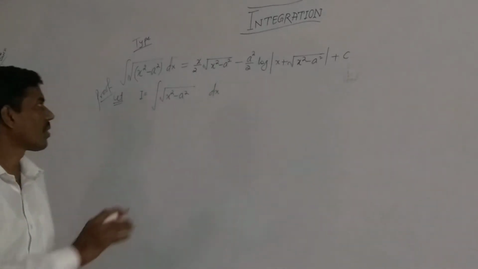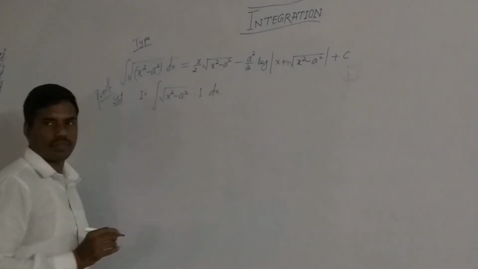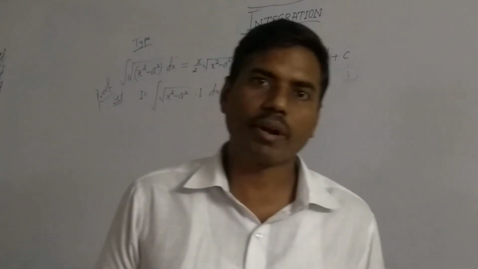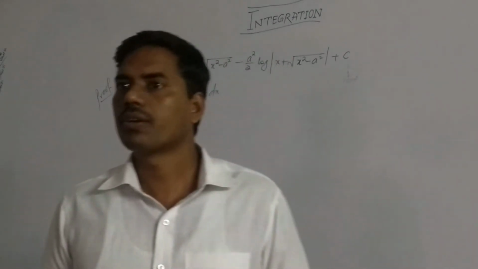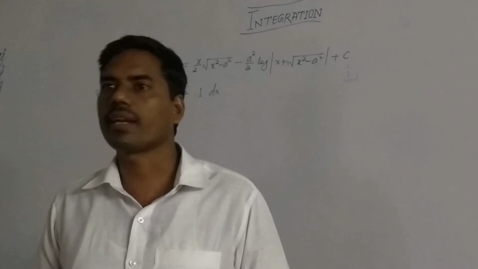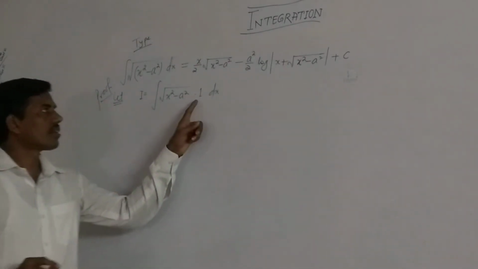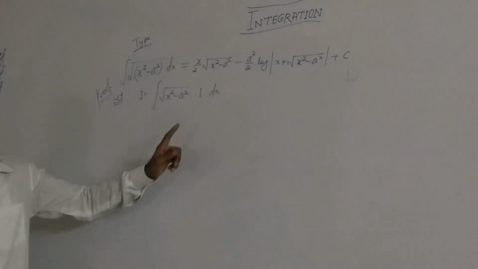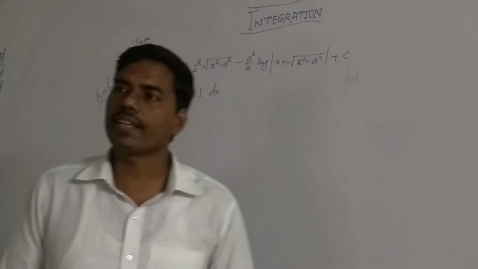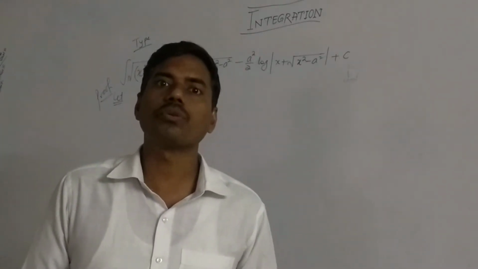Okay, let 1 be our second function. We can write 1 anywhere. Multiplied by 1 and divided by 1, you are free to write multiply by 1 and dividing by 1 anywhere. Okay, so we write into 1 and consider it as v. Considering 1 as v, we have u into v.